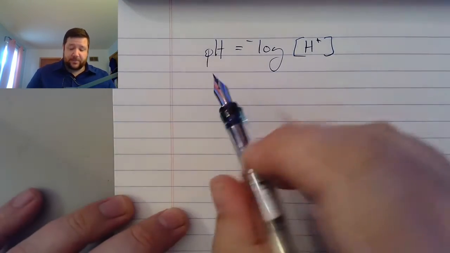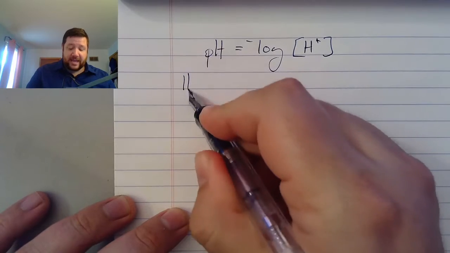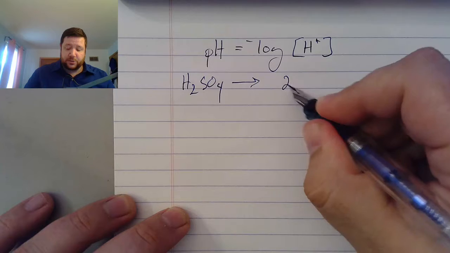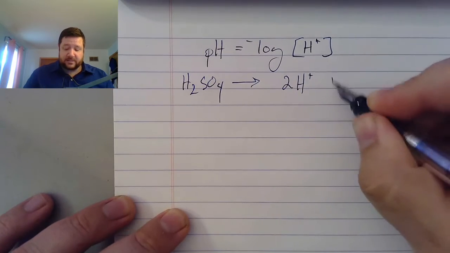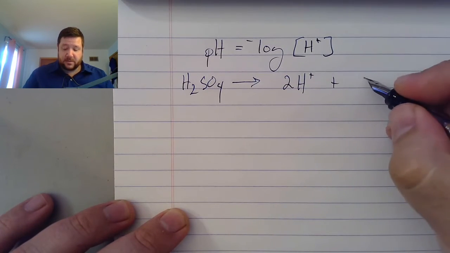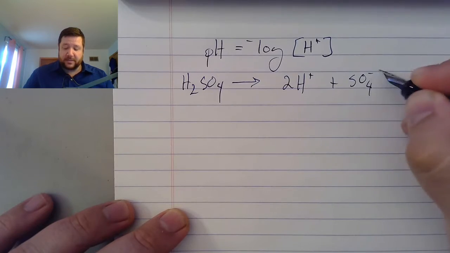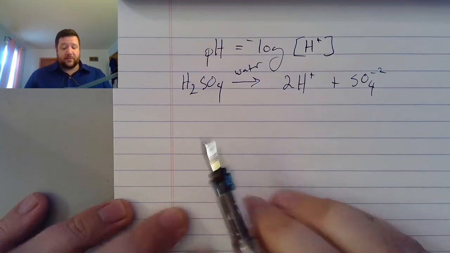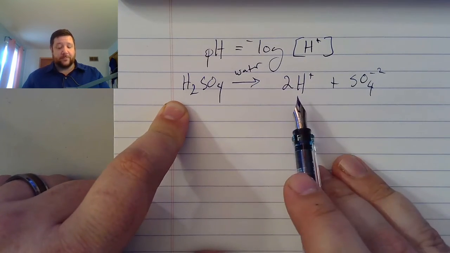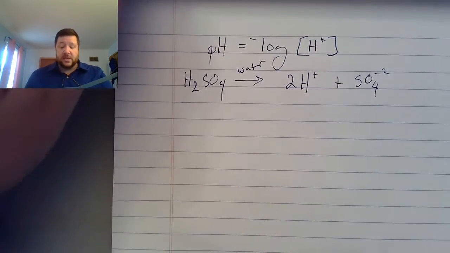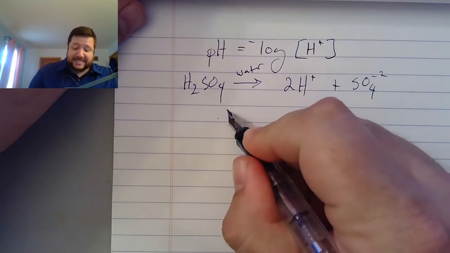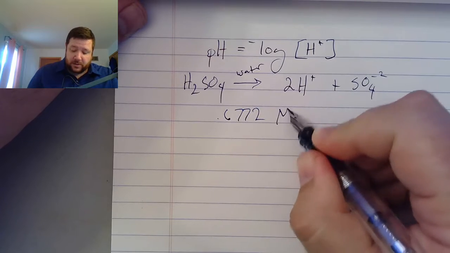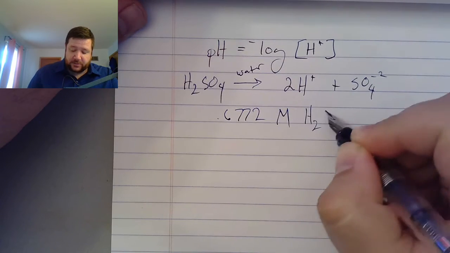If we're looking at this particular situation, we have H2SO4, and then that's going to break down into two H plus ions plus one SO4 minus 2 ion when it goes into water. That means that for every one molecule of H2SO4, it produces two hydrogen ions. So if we had our 0.6772 molar H2SO4,